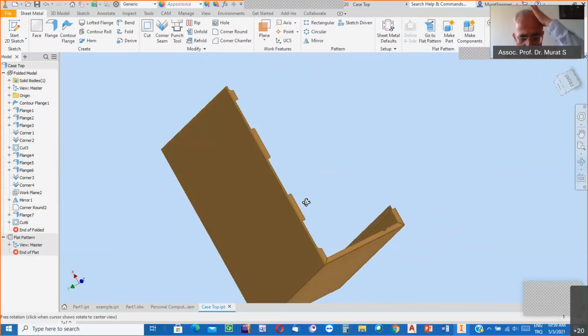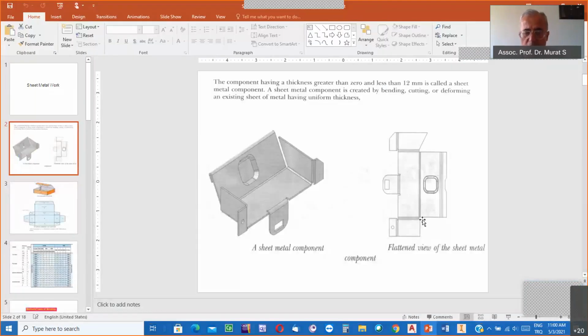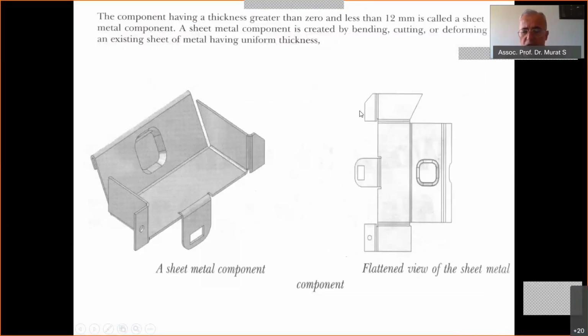Beforehand, I mean 30 years ago or maybe more, there was no computer, no Inventor, no AutoCAD. To be able to achieve such things, the thing to achieve is that, say, development. For having this sheet metal component, which projection is needed to scribe over the surface of a sheet metal? To answer this question, we offered